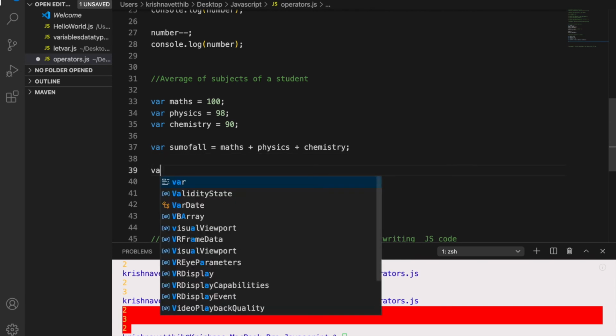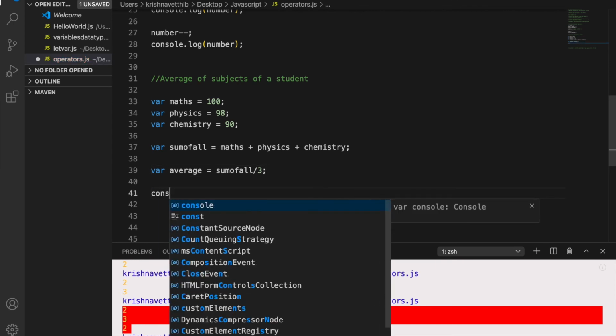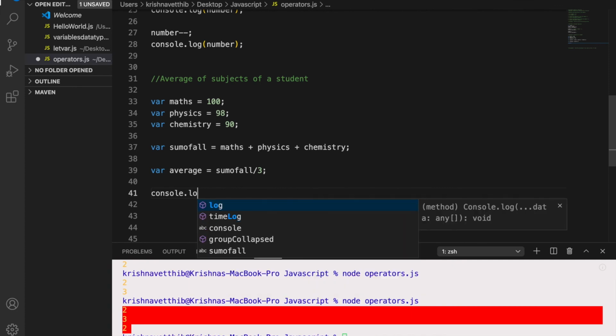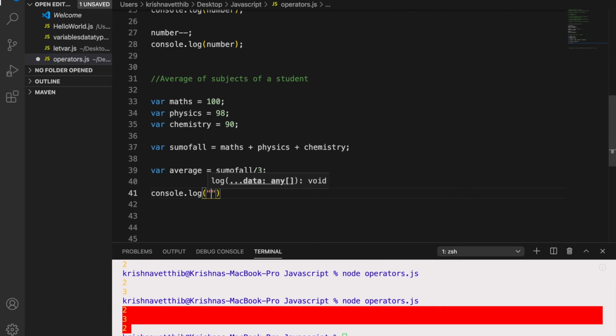Now we need the average. Average equals sum of all divided by 3, because we have 3 subjects, so we are going to divide it by 3. Now when you console.log, average of 3 subjects equals to.